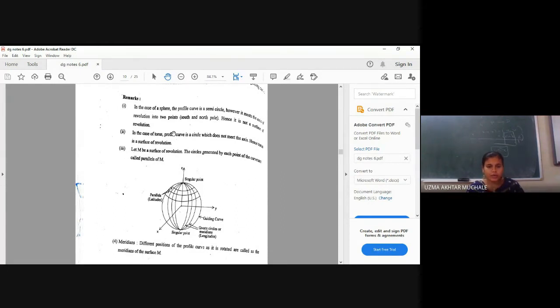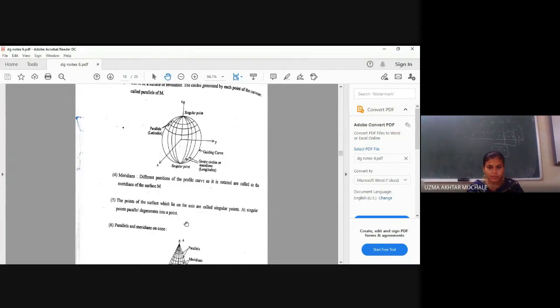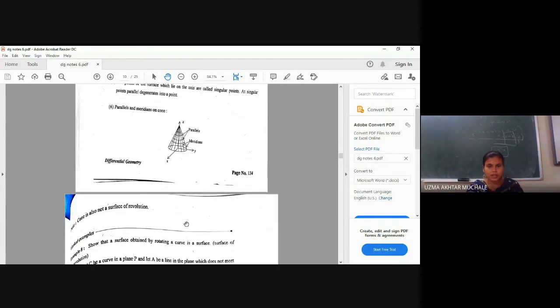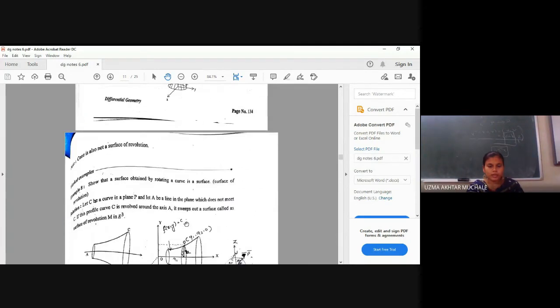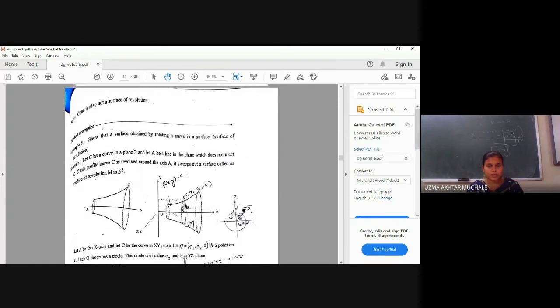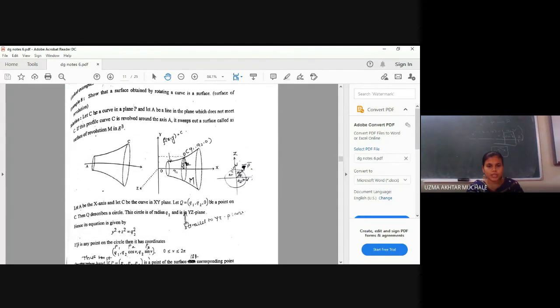That half circle we are going to revolve around a fixed axis, but this will touch the axis of revolution at 2 points, and those corresponding points we are calling singular points. Whatever lines we have, these are called parallels or latitudes, and these lines are called longitudes, or meridians. Next, an example of a cone. That is also not an example of a surface of revolution because it touches the axis of revolution